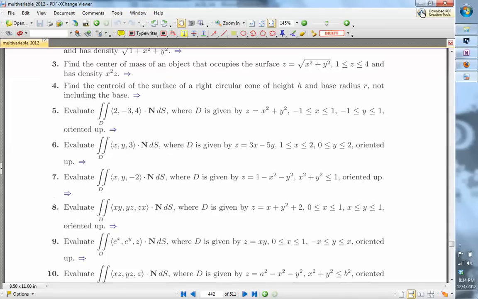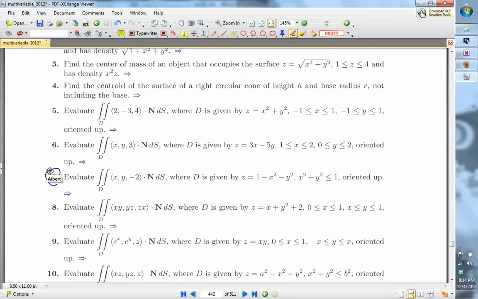Same one. So now you're asked to evaluate the integral of F dot n dS, and you don't have the divergence theorem at your disposal here. This is really just doing the surface integral. Okay, so was it 7 you said? Let me just put a note here. So